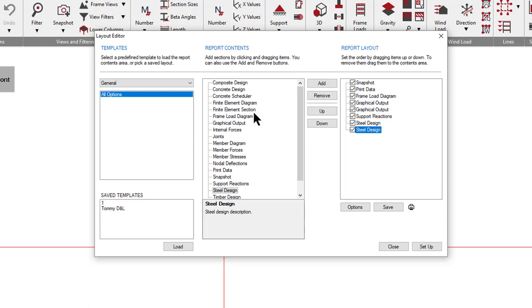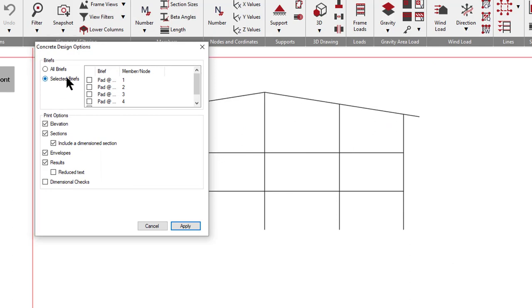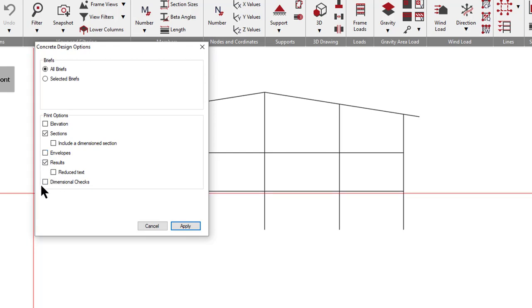Concrete. I can say for my concrete, what do I want? Well, clearly I only want the pad foundations. So all briefs, and I don't need any of that, and I don't need that. I'm just going to say apply,